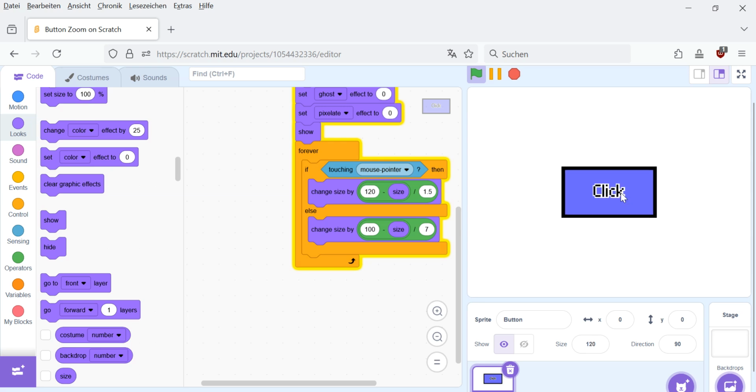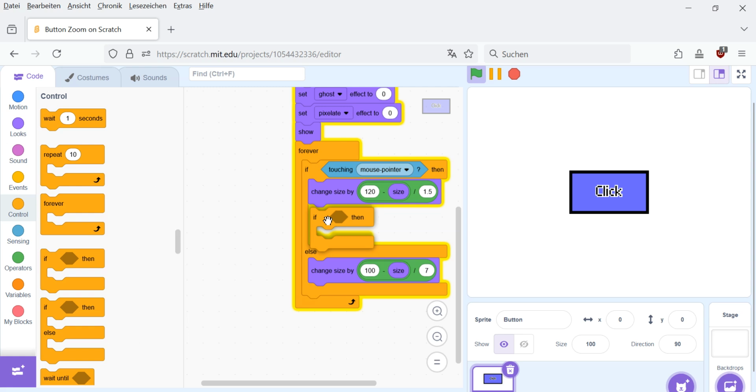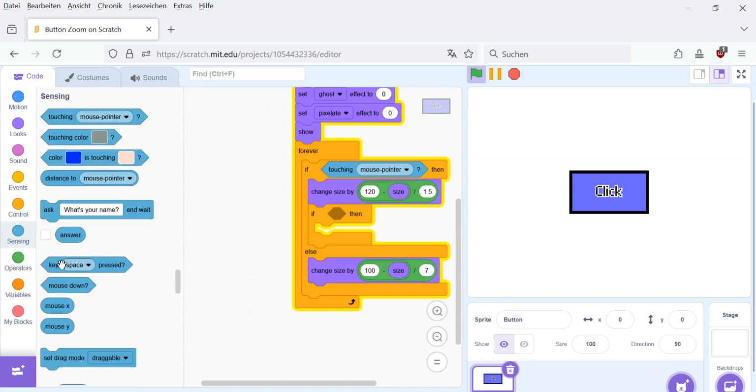Very good. But now nothing happens when we click it. In the if touching mouse pointer, not in the else, we need another if, but not an if else. And we check for mouse down. And if that's the case,